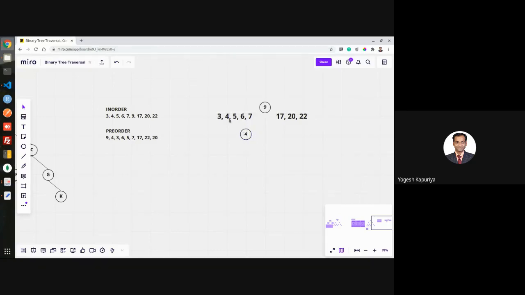Okay. Again you observe this. Anything on the left of 4? 3 is on the left of 4, and 5, 6, 7 is on the right of 4.